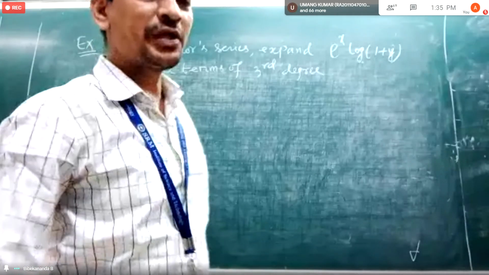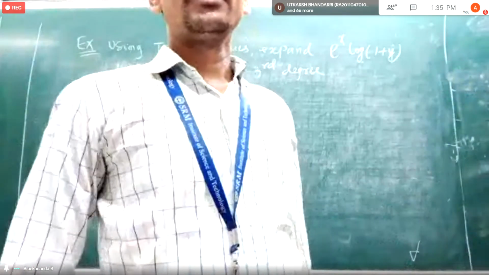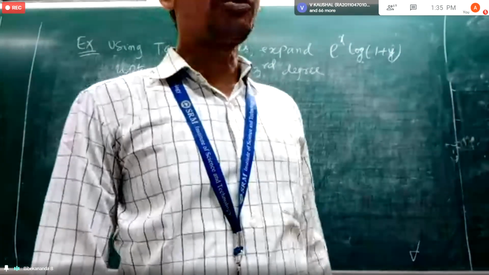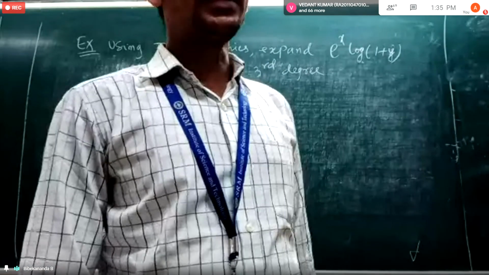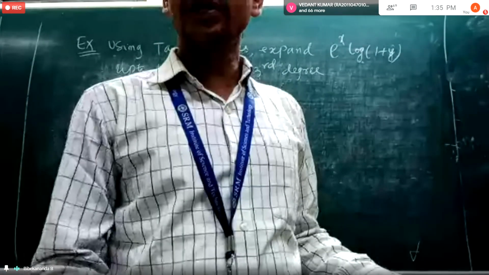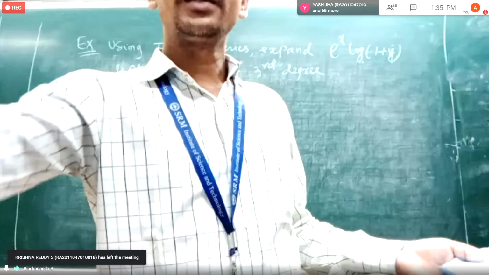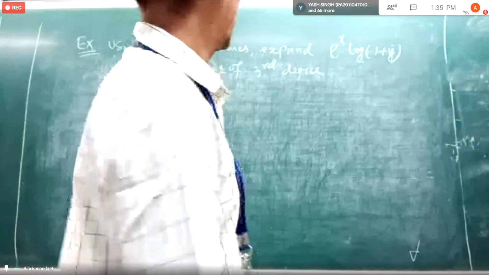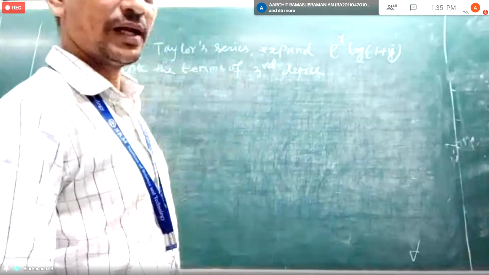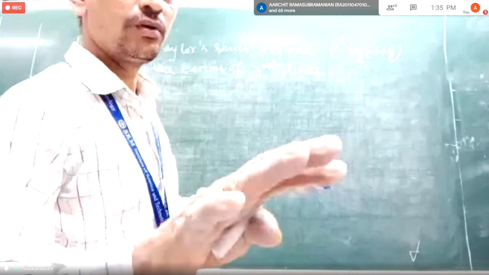You may ask me why third degree. In the syllabus, maximum third degree will be coming. So that's why I am working all the problems with third degree. If it is less, it is easy and that will be 4 marks. If it is up to 2 degree, it is easy, so the mark will not be 12, it will be 4 or 5 marks. So like that, the distinction will be there. If the degree is less, marks will be less. If the degree is 3, full 12 marks.